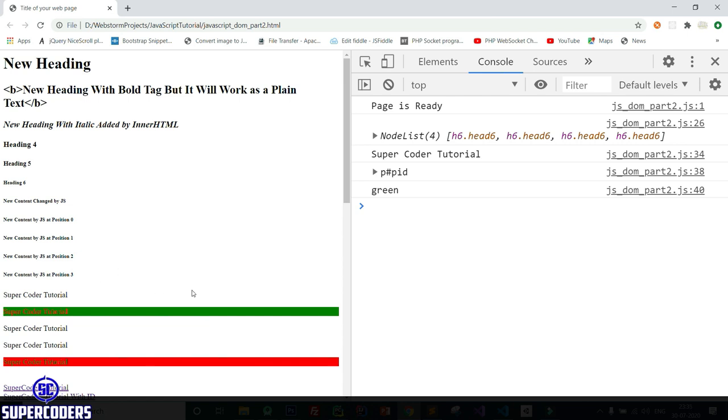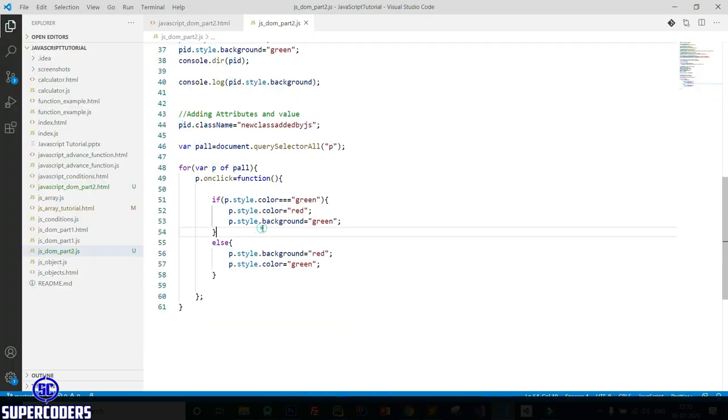So let's see. Here comes a keyword, this, which I already saw previously. What is this? This refers to the current element. If I add this here, it will denote the current p tag, which means if my loop is running for the first element, which is index 0, this will access the first element only. If the loop is running the second element, this will be used for the second element. So here you can change it to this. In this way, this will refer to the current element.